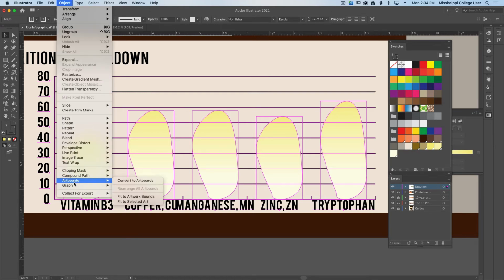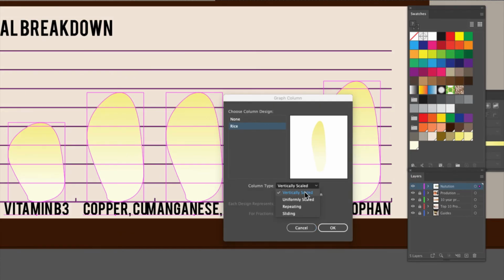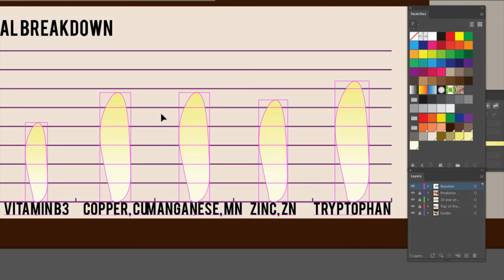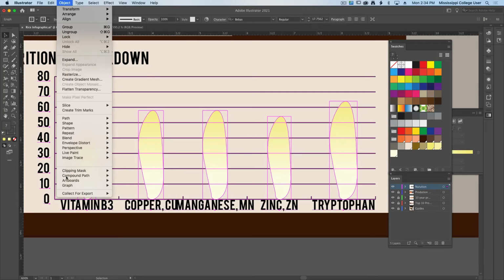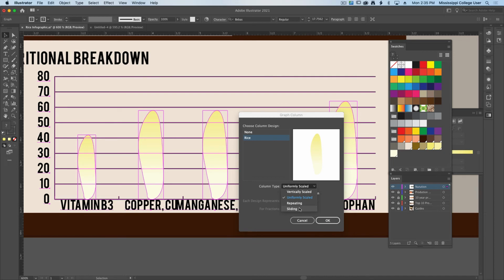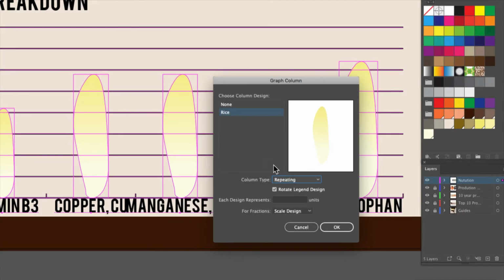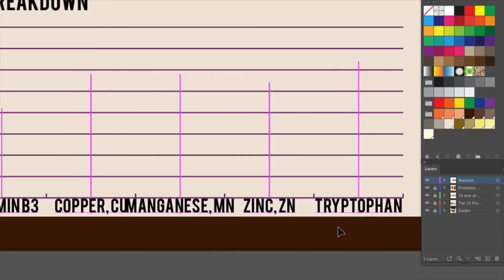Now that will stretch it out or distort it. So sometimes if you do this type of column, instead of vertically scaled, you can do uniformly scaled, and it'll keep it looking a little bit more like an actual rice or actual illustration that you've done. Another great one to use under your graph for column could be a repeating one. And with repeating, all it's going to do is repeat the amount of rice for however many units you put in here. So in my case, if I set it to 1 rice per unit, and I said OK,